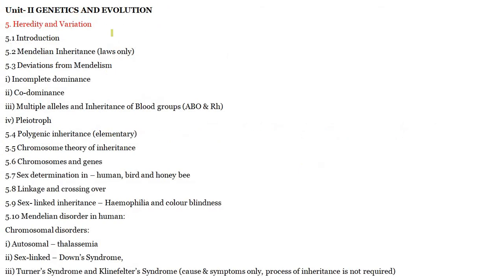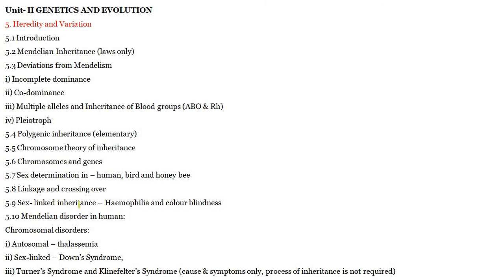Unit 2, Genetics and Evolution. Heredity and Variation. Introduction, Mendelian inheritance, the laws and the deviations from Mendelism: incomplete dominance, codominance, multiple alleles and inheritance of blood groups, ABO and Rh. Pleiotropy, polygenic inheritance, chromosome theory of inheritance, chromosomes and genes, sex determination in humans, birds and honeybee, linkage and crossing over, linkage, that